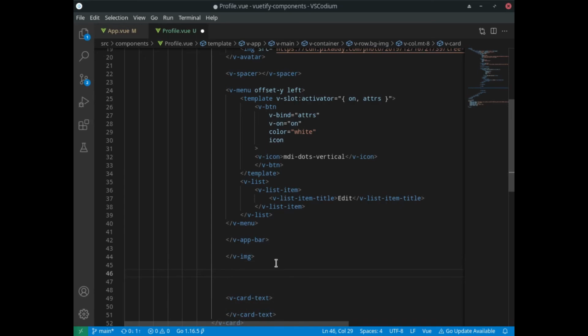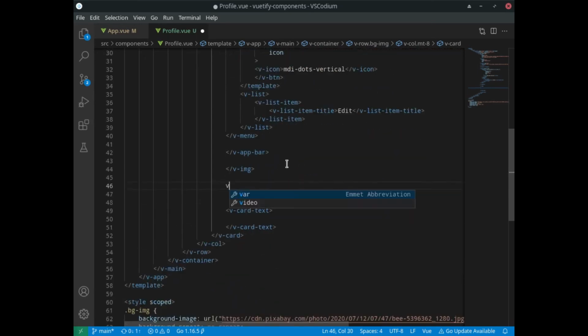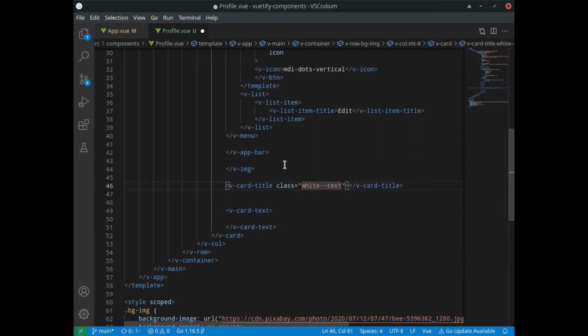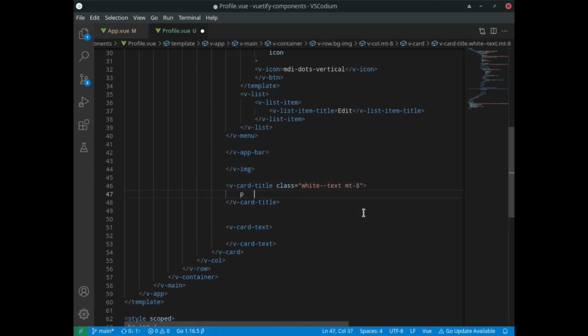I remember that it had a name, so we're gonna add a V card title, and for this we're gonna give it some Vuetify classes. So we're gonna get the text to be white, and we're also going to push it down by 8 as well. And within here we're gonna go ahead and add a paragraph tag,